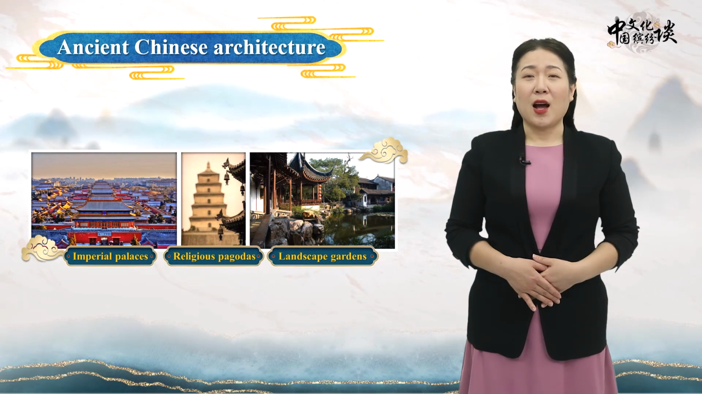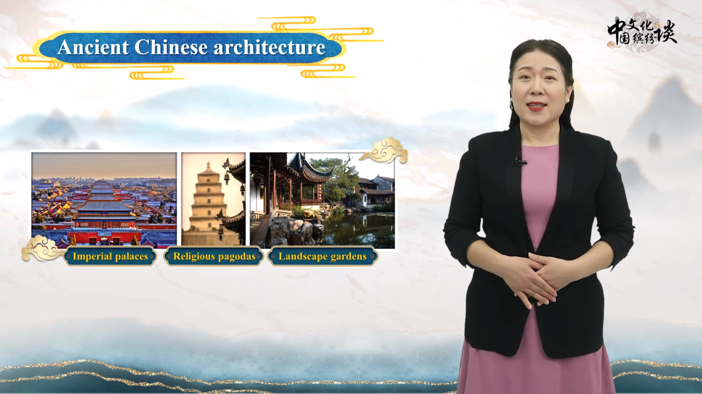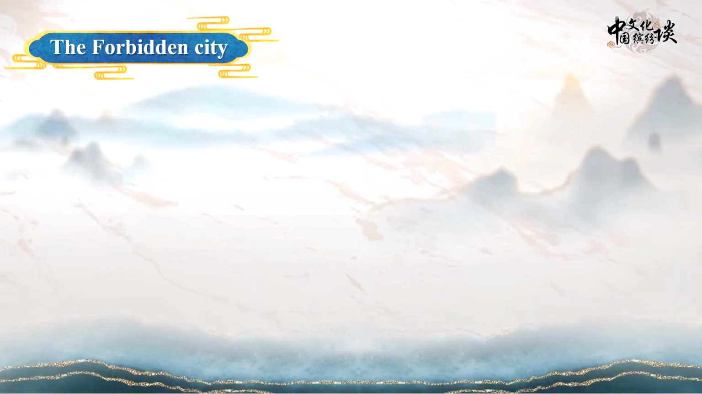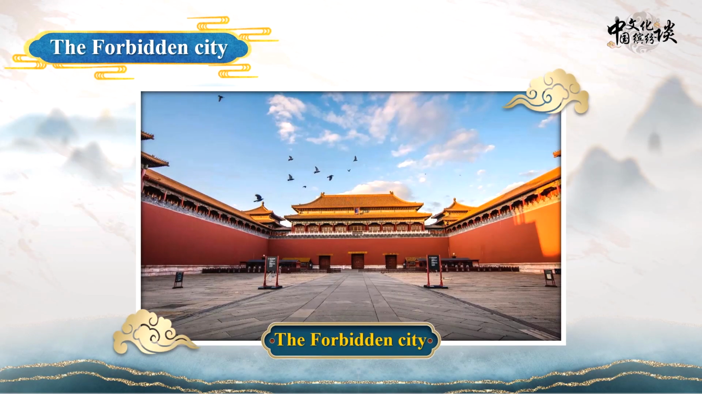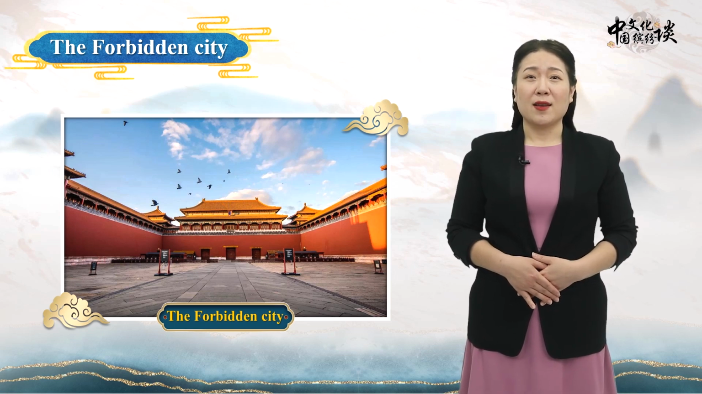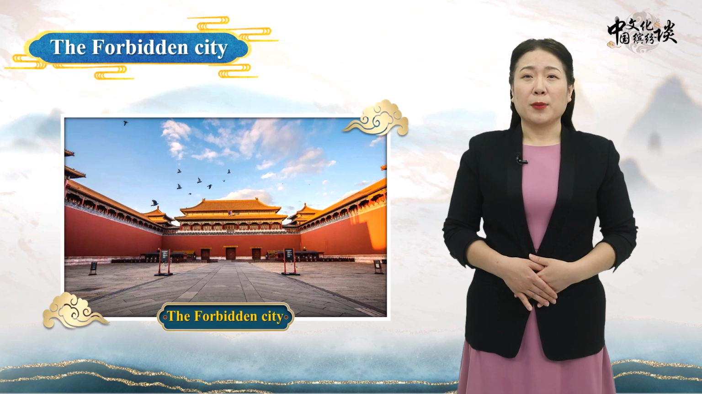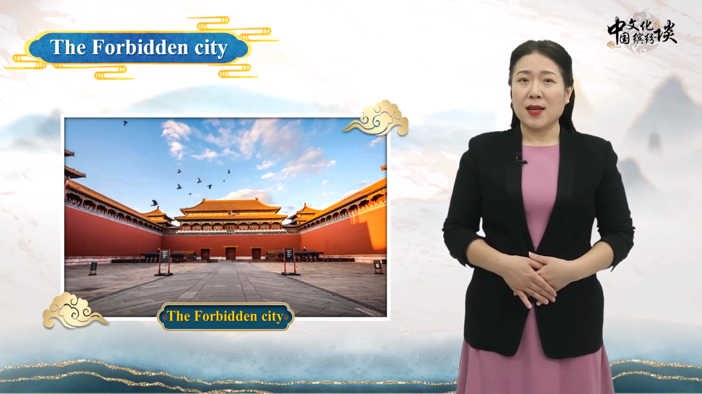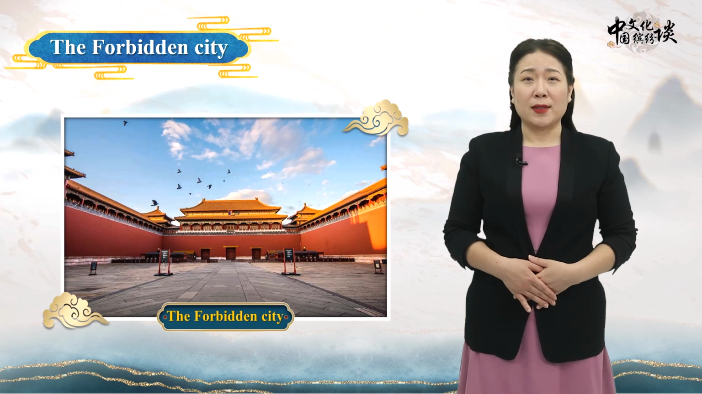In this section, I will introduce you to two classic examples of traditional Chinese architecture. The first one, the Forbidden City, is a great representative of the Chinese imperial palace. Now, let's watch a video together on the layout of the Forbidden City. When you watch the video, please pay attention to all the elements which reflect the hierarchy of buildings in the